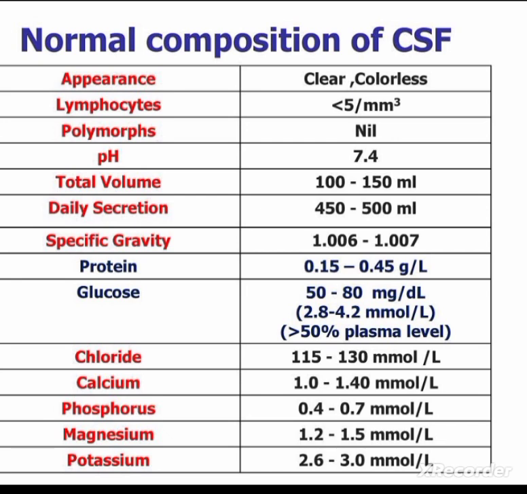Calcium 1 to 1.4. Phosphorus 0.4 to 0.7. Magnesium is 1.2 to 1.5. Potassium 2.6 to 3. One more important thing is normal CSF pressure, that is 5 to 15 centimeter